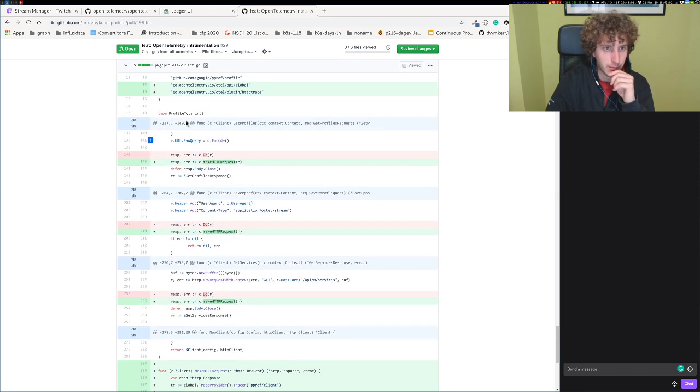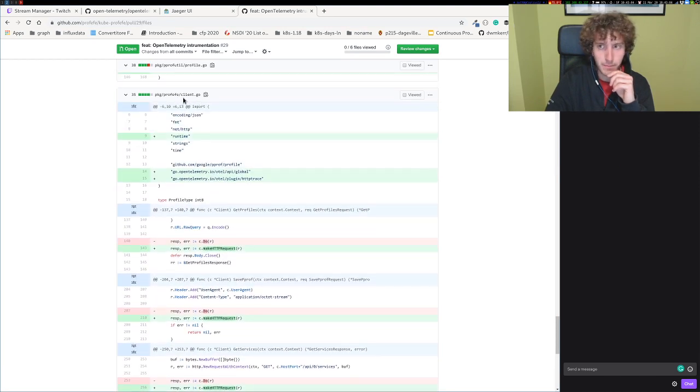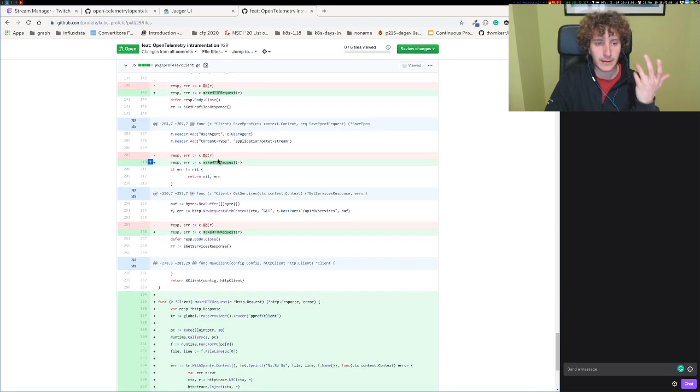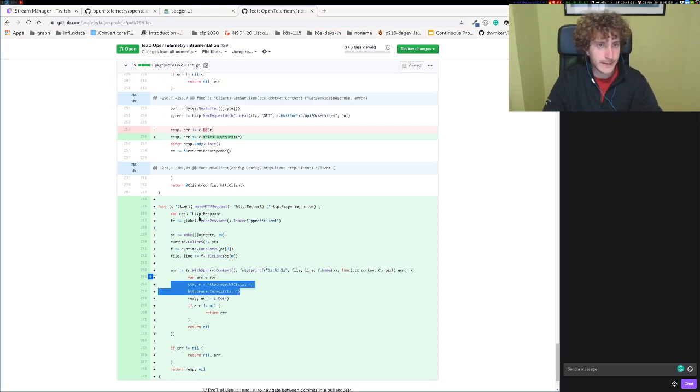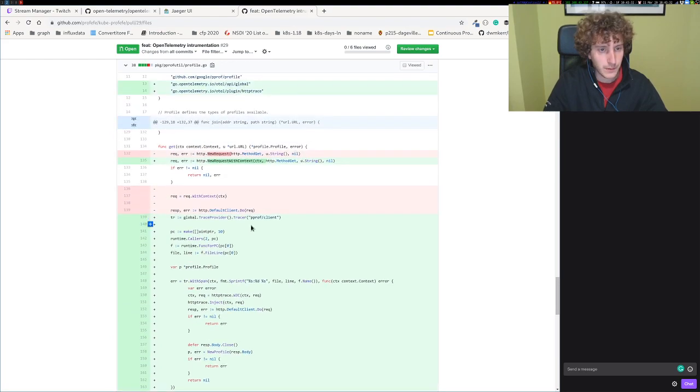I did the same for the pprof client, because pprof doesn't really have a client, so I have one implementation for the function, for the API request I use, and as you can see, I do the same. I create a tracer that is called pprof client, and yeah, I create a span and I do the HTTP request, injecting the actual context of the span. So I presume if we take